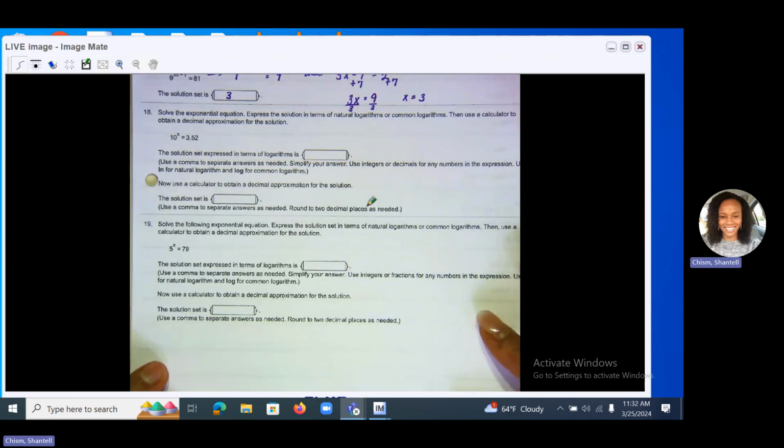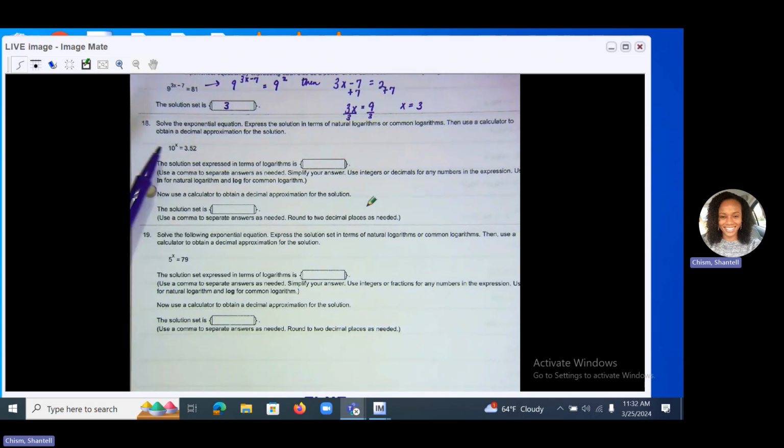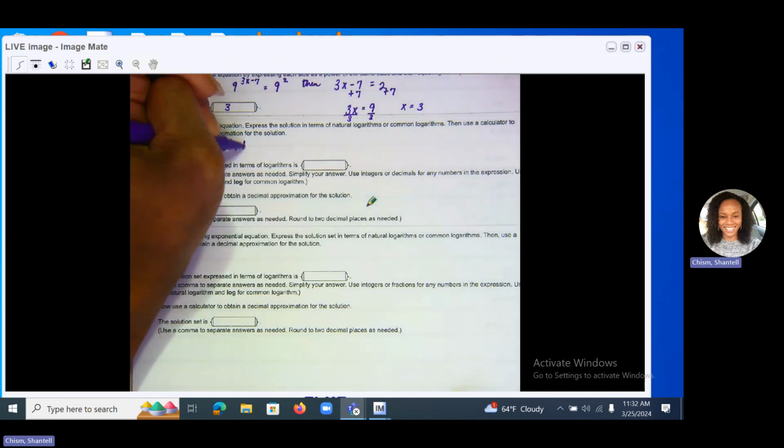Look at number 18. So we've got 10 to the x equals 3.52. Again, this side, 10 to the x, there's nothing we can do here. It's just a base 10 to the x. In a perfect world, we would write this right-hand side with that same base. But there is not a number that we can express 3.52 with the base of 10. So what we do is we apply the natural log or common log, whichever one you want to do,